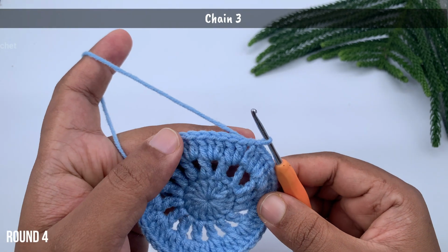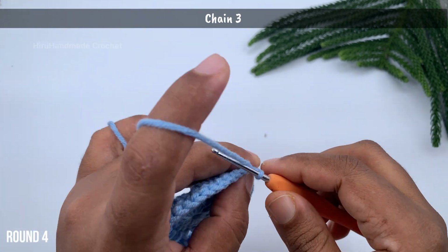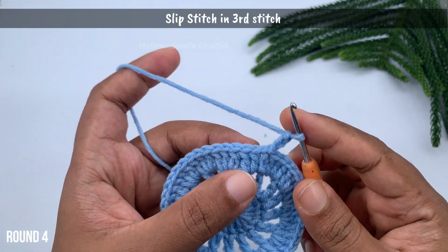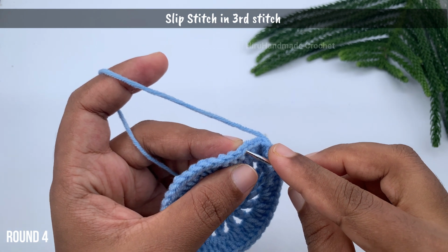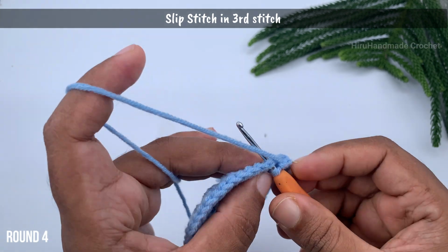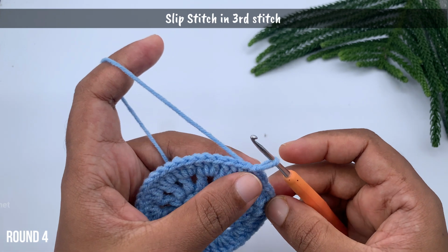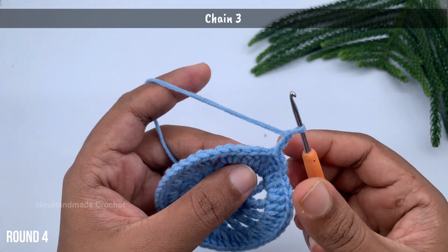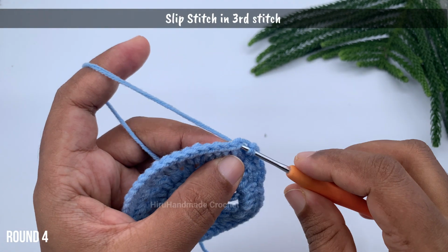And then start with the round 4, chain 3, 1, 2, 3. And then skip 2 stitches, 1 and 2, go into the third stitch and work a slip stitch there. So insert the hook into the third stitch and work a slip stitch, and then again chain 3, 1, 2 and 3. Then skip 2 stitches and work a slip stitch into the third stitch,